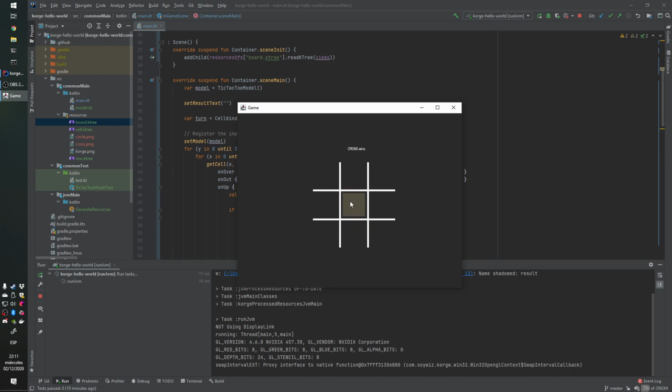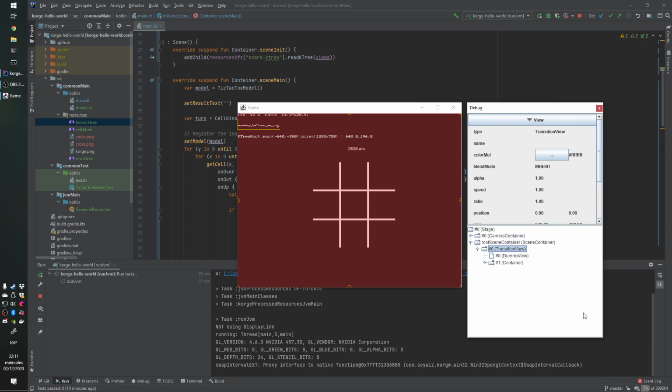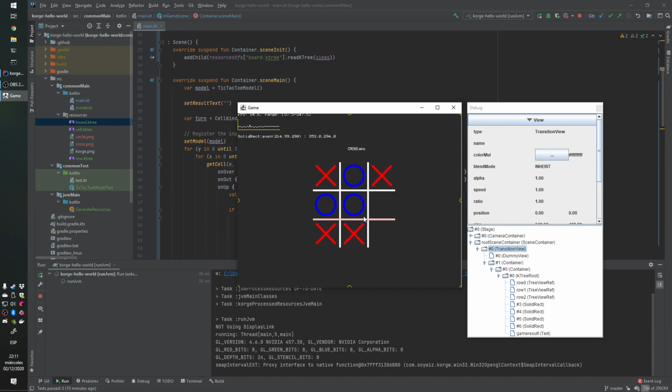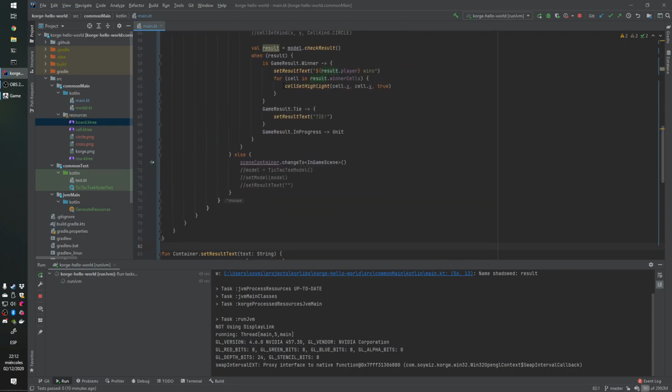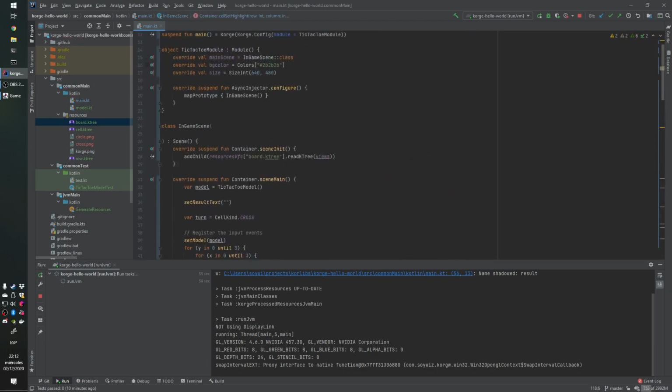So let me check. We have this transition view, and this is the game itself. And when I complete the game, this is changed, but this text is not set. I have to check,